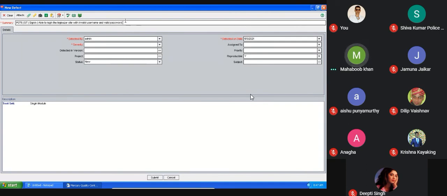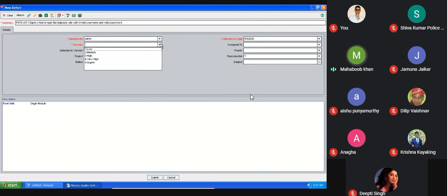It gives each and every piece of information. So whatever red stars are there, these are mandatory for you guys. Now detected by, automatically your name will come. We have only one user, that's the reason I am getting only one. Severity, as I was telling you, is owned by the developer or tester.